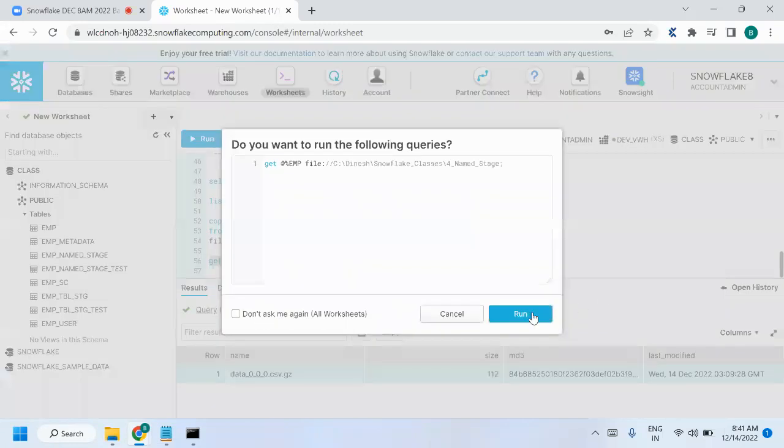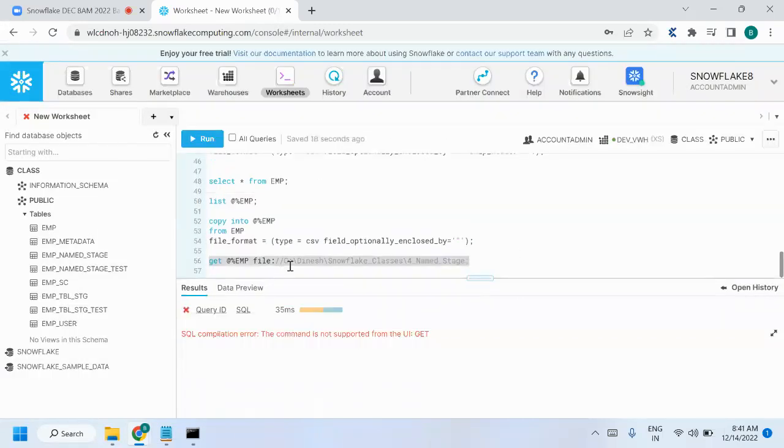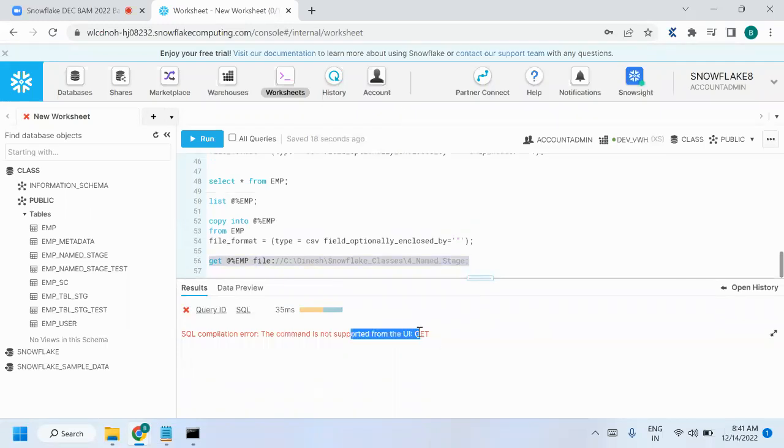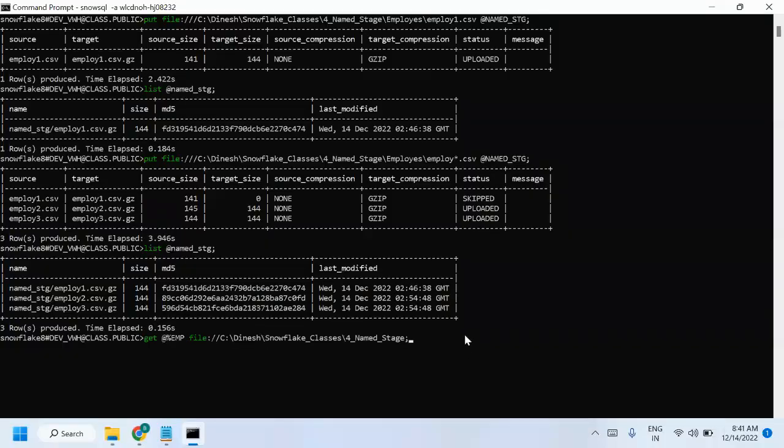If you run this get command, will it work in the UI? No, right? Put and get both will not work in the user interface. Then where do we have to run this? We have to run this in our CLI. Copy this one and see, it is not supported. Now let's come here and click. So from this particular stage, pick the file and keep it into this particular location. That's the meaning of this, right? Now when I click on this,